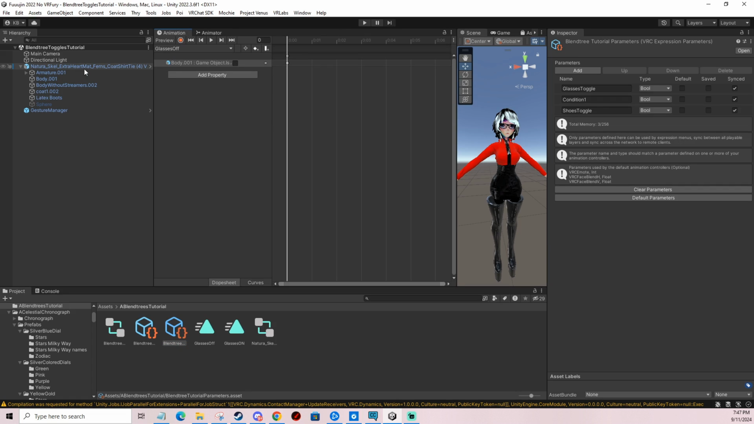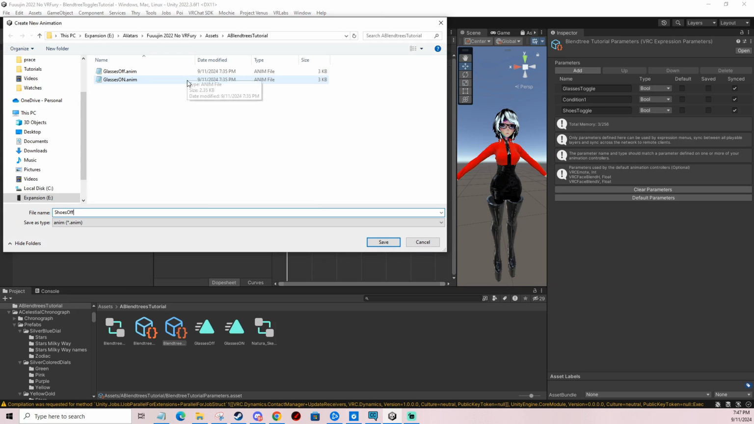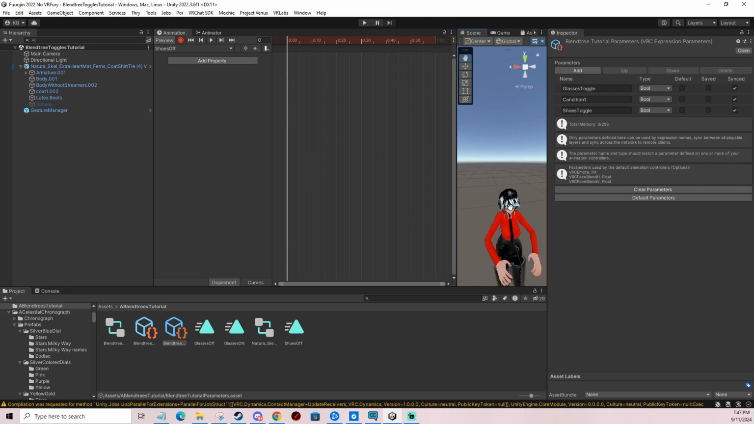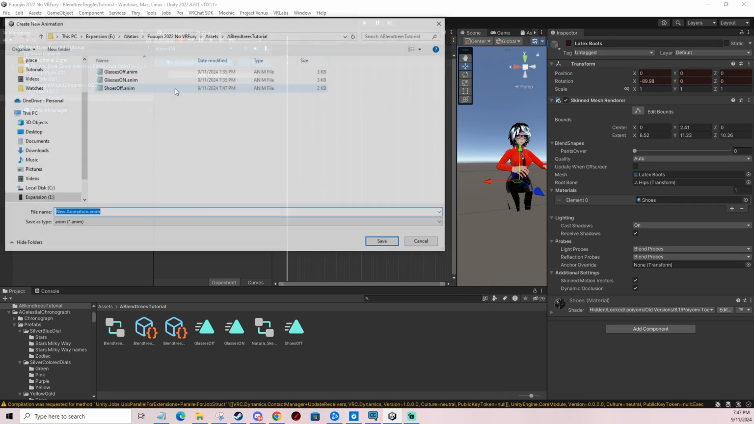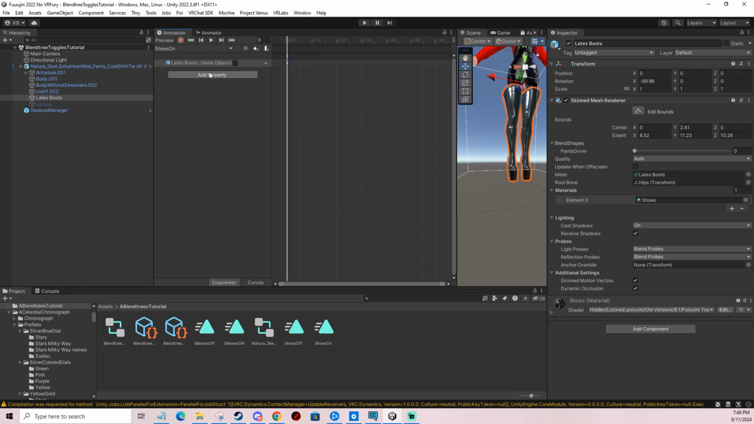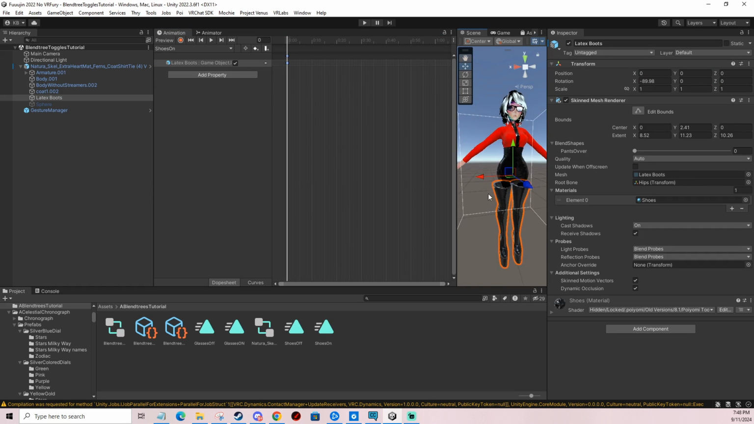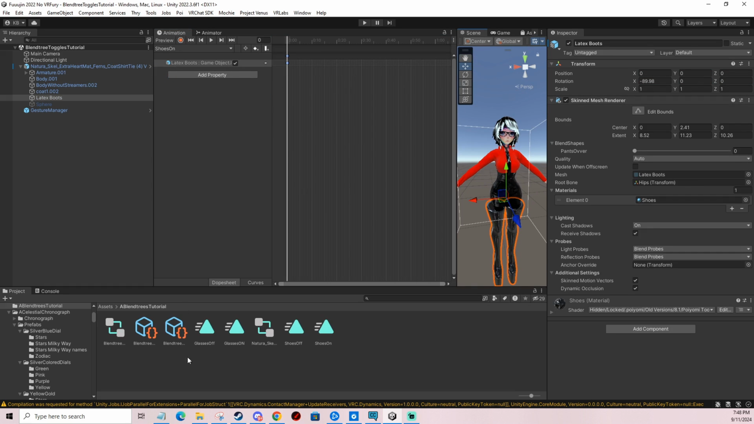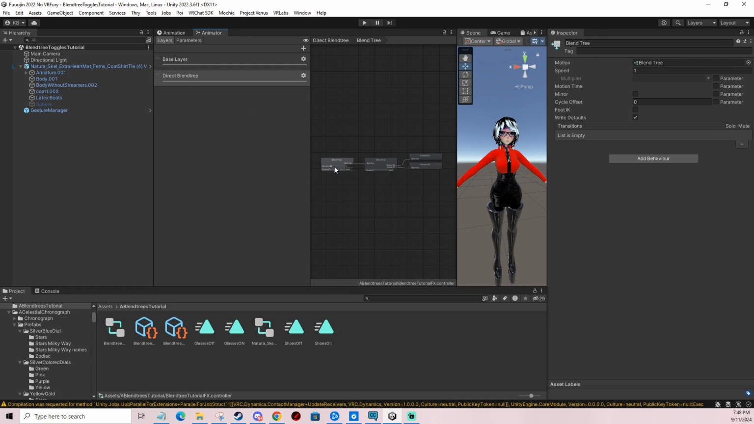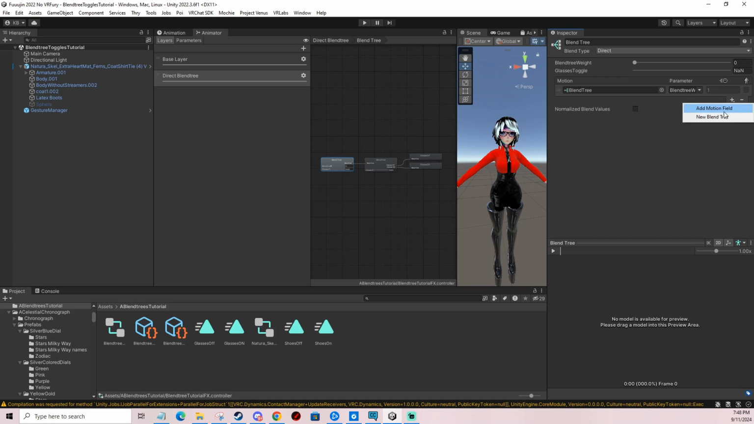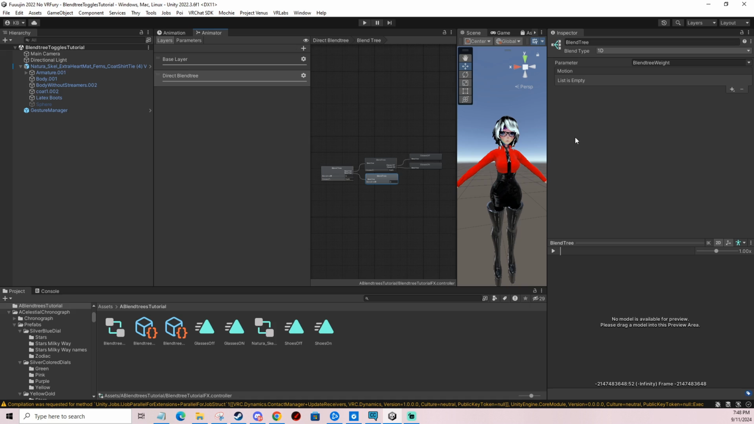So now I'm gonna actually create my animations. So I'm gonna do shoes off. Just gonna do this real quick. And it's the same thing. You just have 1 frame animations. I go back into my FX layer and I add another blend tree right here. Don't forget to have this on blend tree weight. And I'm gonna add